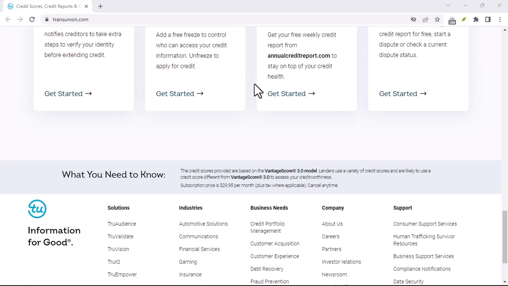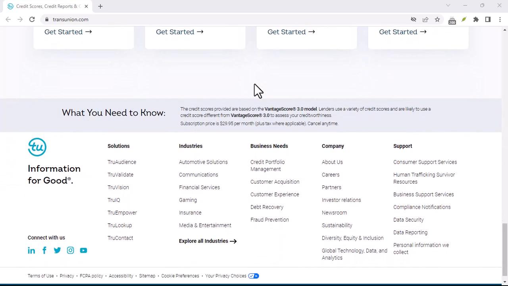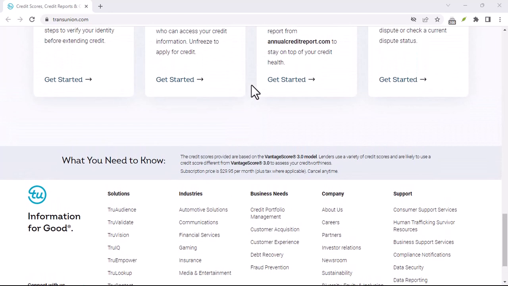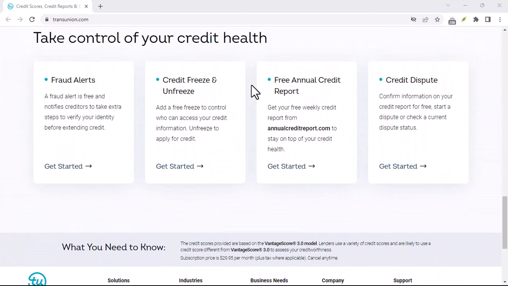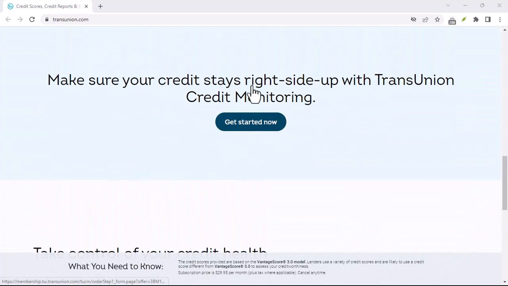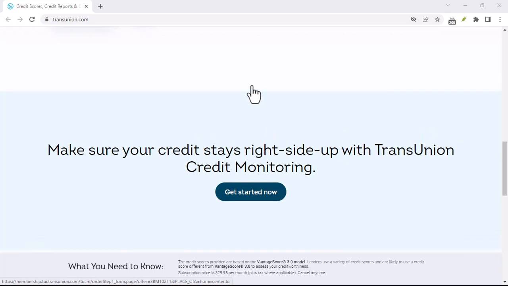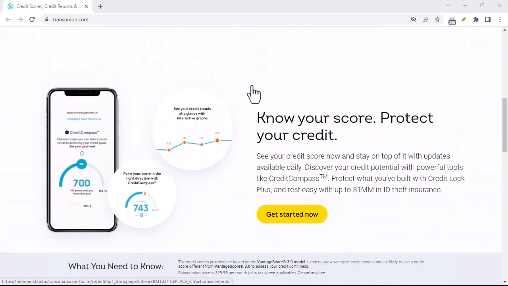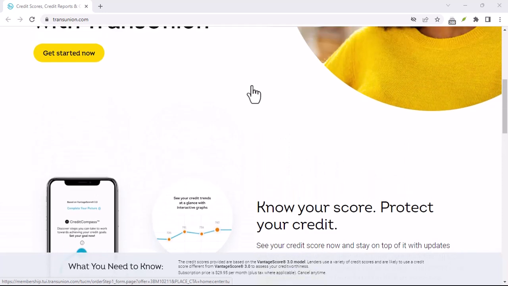Understanding your credit report is essential. It's a snapshot of your financial history, including your payment history, credit utilization, and inquiries. Knowing what's on your report can help you make informed financial decisions. Scotiabank, being a leading financial institution, offers its customers the convenience of accessing their TransUnion credit reports directly through their